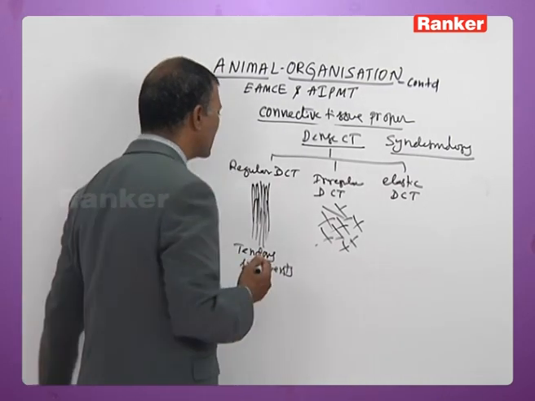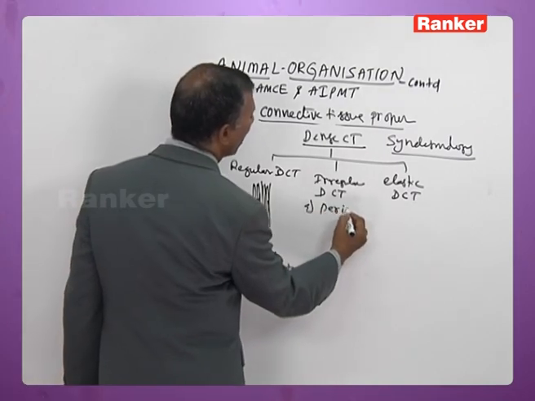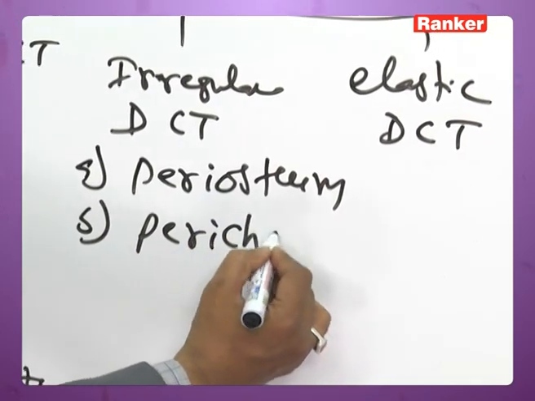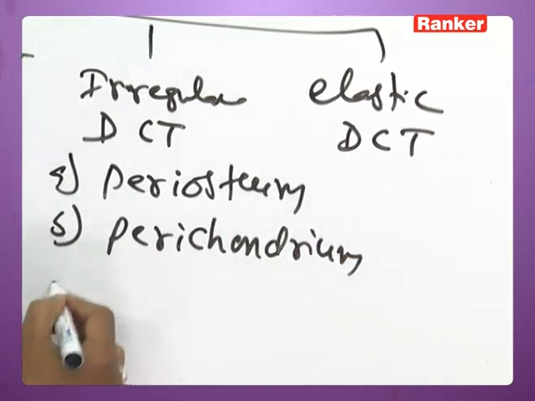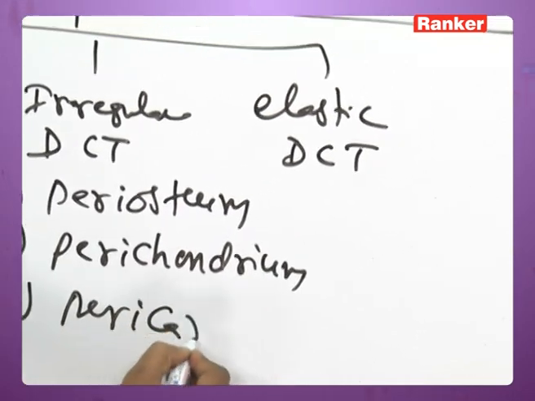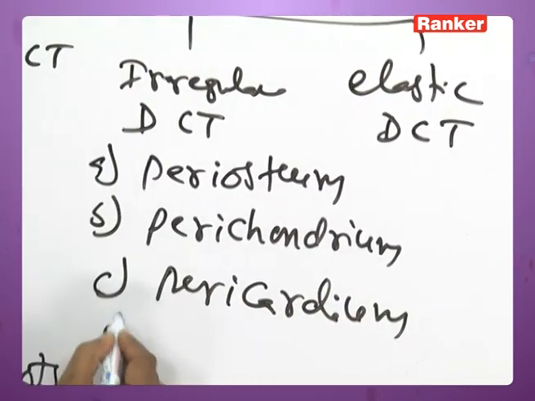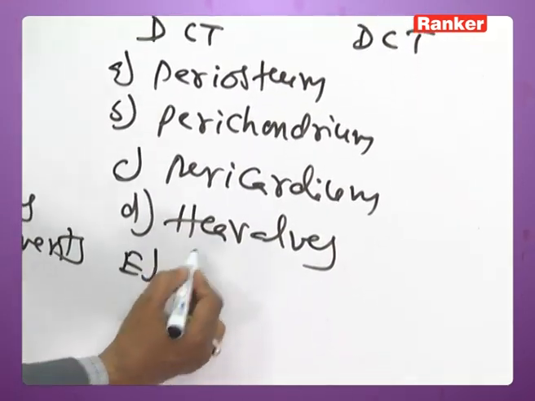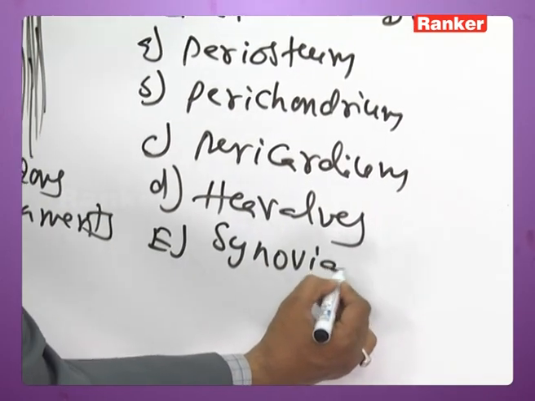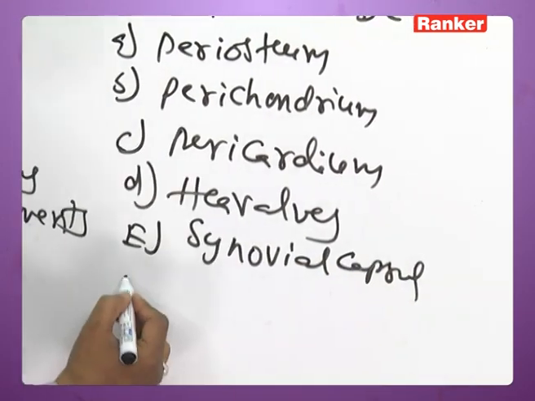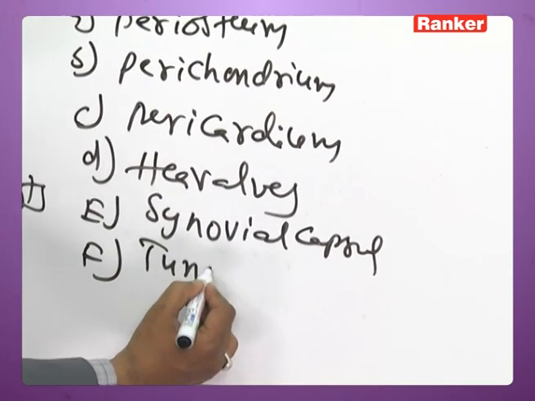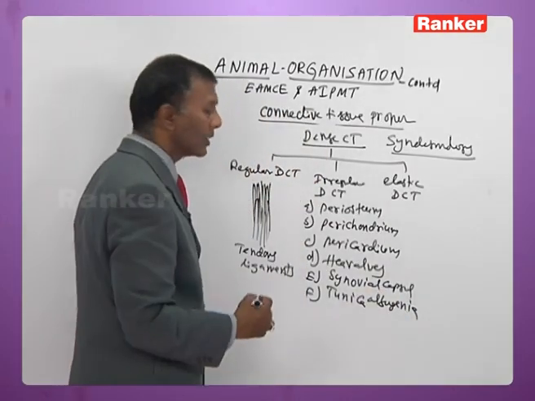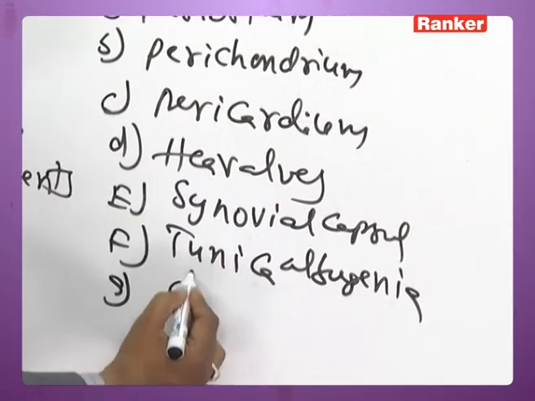Irregular connective tissue is present in: A. Periosteum of bone, B. Perichondrium of cartilage, C. Pericardium of heart, D. Heart valves, E. Synovial capsule, F. Tunica albuginea of testis and ovary, G. Dermis of skin,